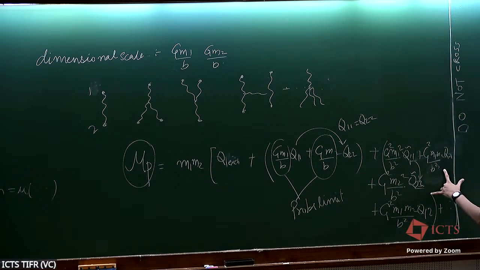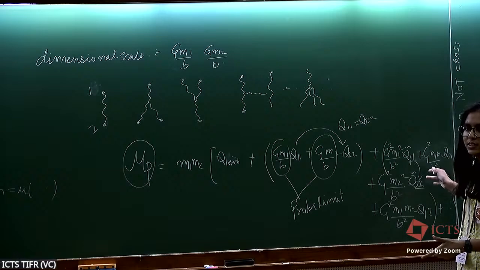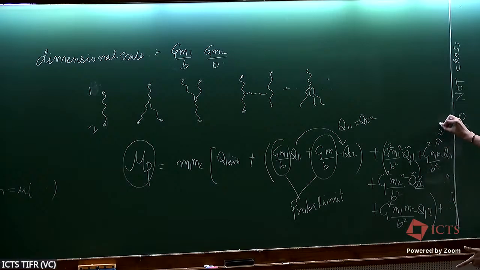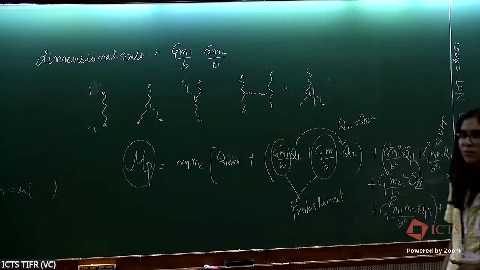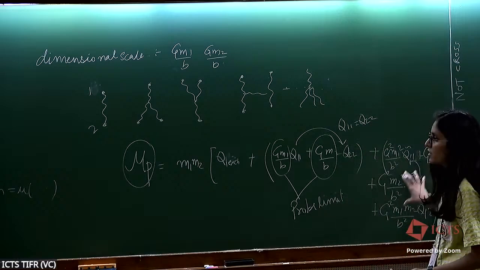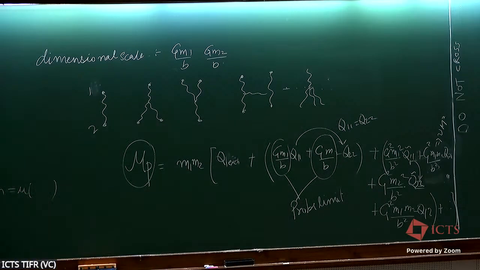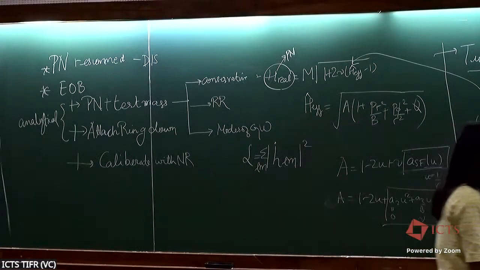But as soon as we go to the next terms that enter here, which are Q21 and Q12, they start containing mixed terms like m1, m2. These cannot be obtained from the Schwarzschild results directly. And this m1, m2 is mu m in terms of the symmetric mass ratio, suggesting that the 3PM result has a degree 1 in nu. And that's how we can derive the polynomiality of chi. And this directly translates to the polynomiality in the A potential, B potential, and Q potential of the effective one-body Hamiltonian. So from this,